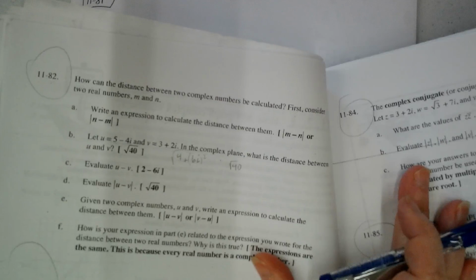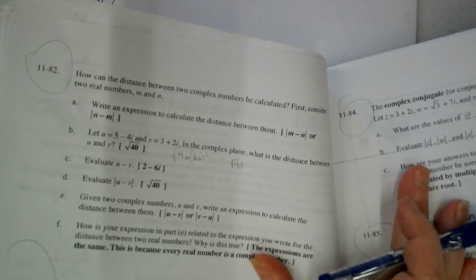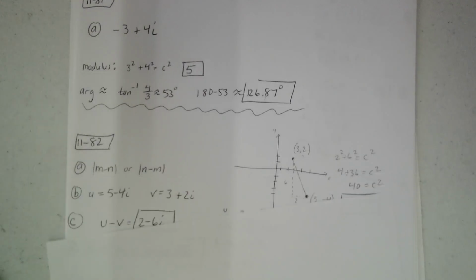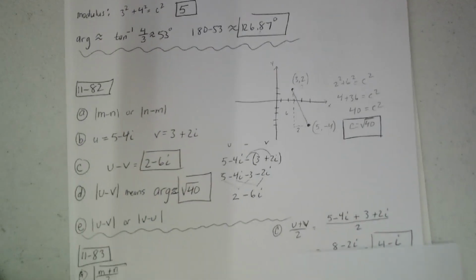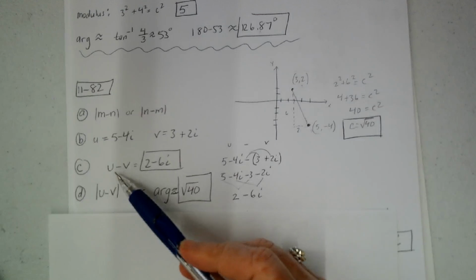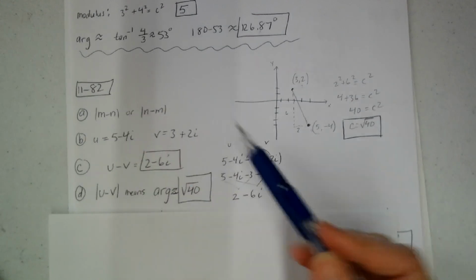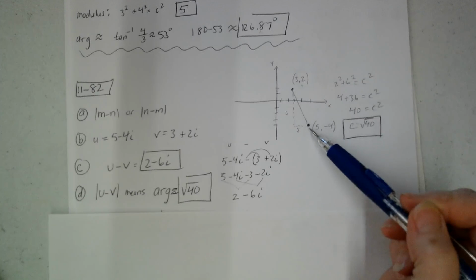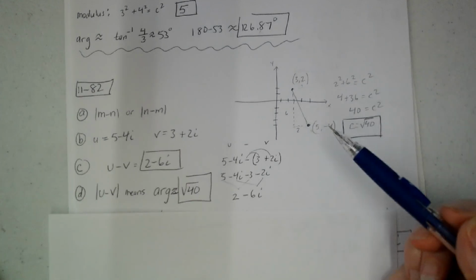Now it says let's take this complex number u and this other one v in the complex plane. What's the distance between them? So I just put them in the complex plane. I drew a picture of them right here. So I want u minus v. I just drew both of them, and I came up with